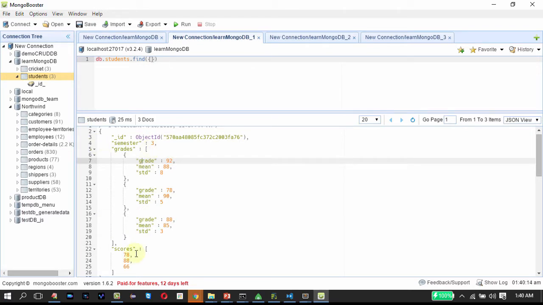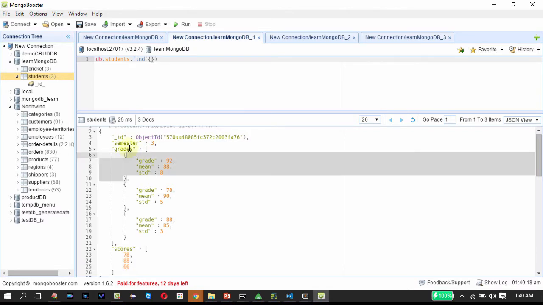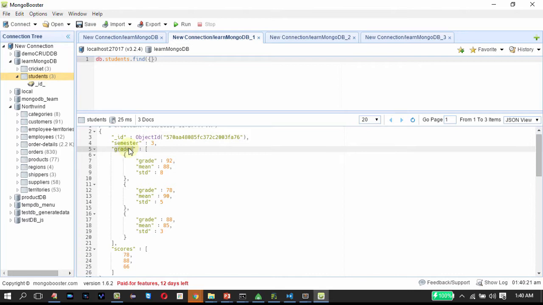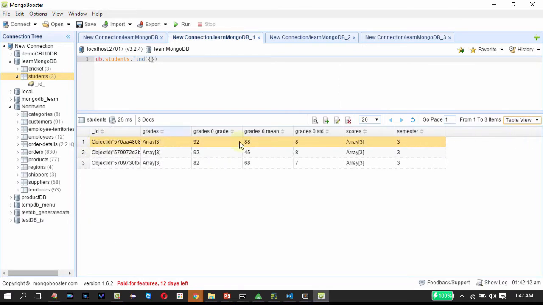Handling a simplistic array is very easy. It's like other data types, whereas for the associative array a little trick is involved. I'll show that now. Currently in this collection I have 3 documents. In JSON view this will be very clear.